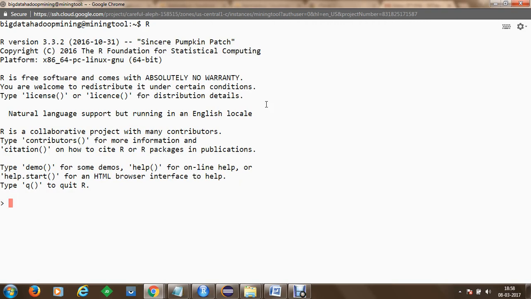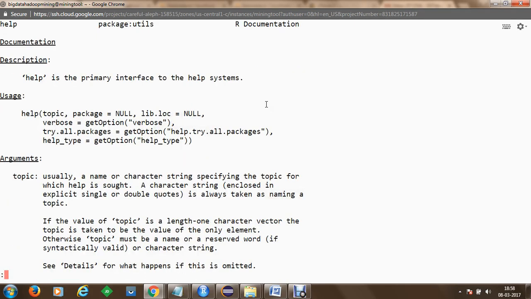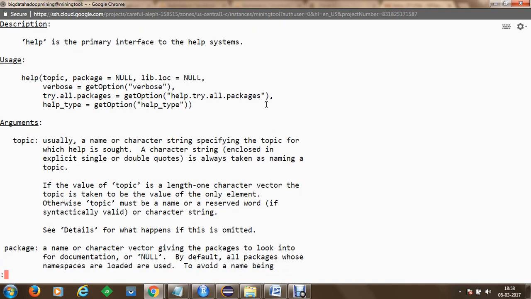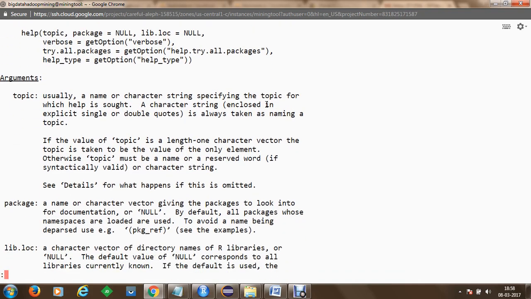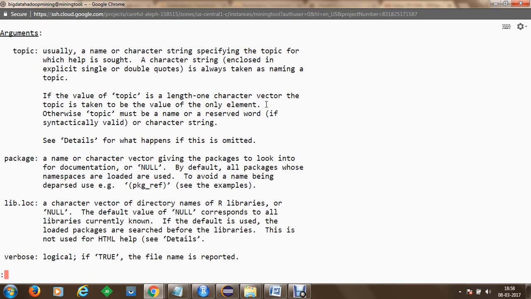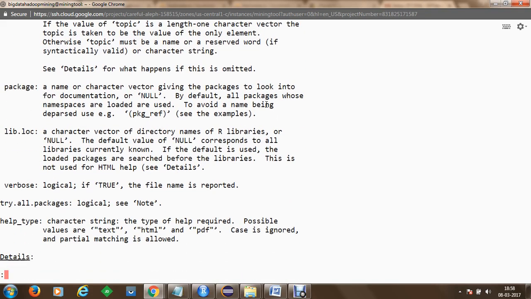Here, what you can do is simply execute help. Once you proceed with help, you will be able to get command line help. You can specify arguments, and you can get help on individual specific functions and methods which are available in R.